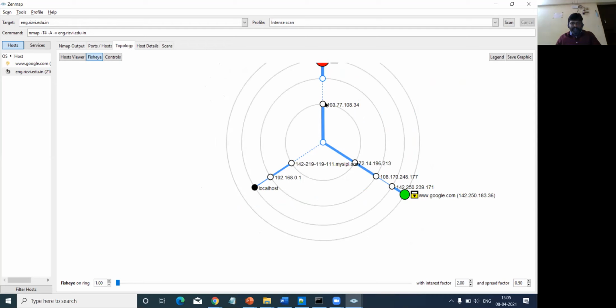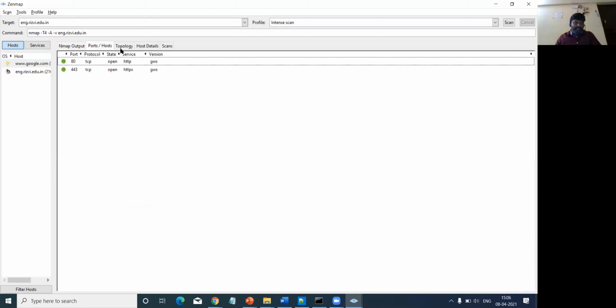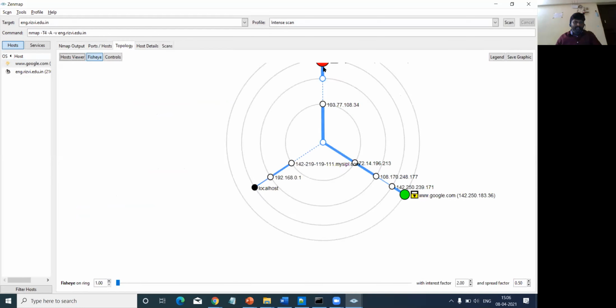Here I'll just remove the google.com from here, so you will get the complete picture. So we'll just look only at this part.